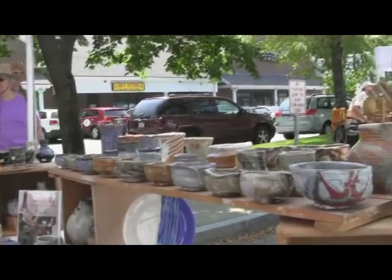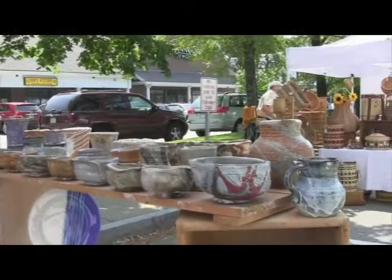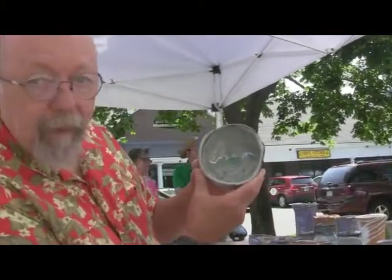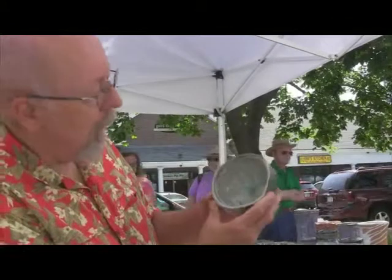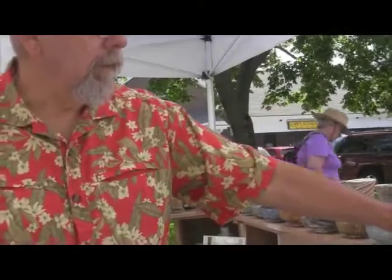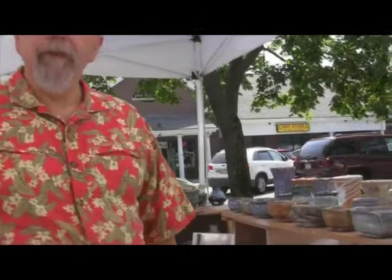And I glaze often with ash glazes, glazes that are made in part with wood ash. You can see, I don't know if you can see the green glass-like surface on the inside there. That's the result of wood ash that was in the glaze, and it makes a very glassy surface. And I also use a lot of Japanese-derived